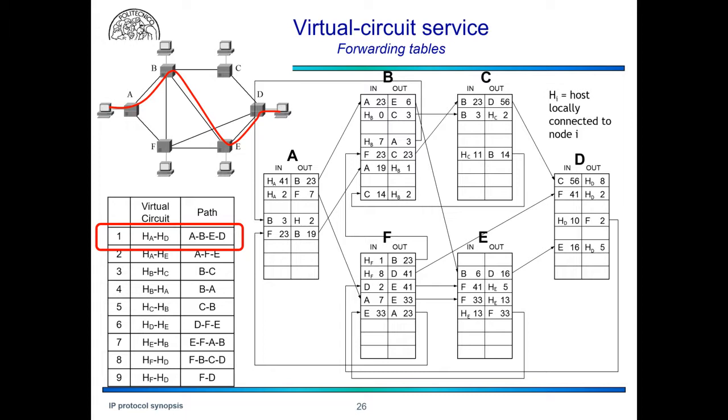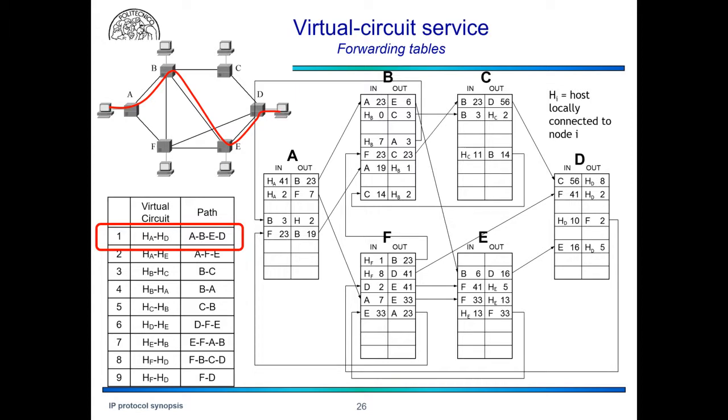And in each column there are two subcolumns. One is for the interface, and in case of the input column, it is the interface where the packet is coming from, so the input interface of the packet. And then the second subcolumn is the virtual circuit identifier. In the output you have the interface where to send the packet, and in the second subcolumn a new virtual